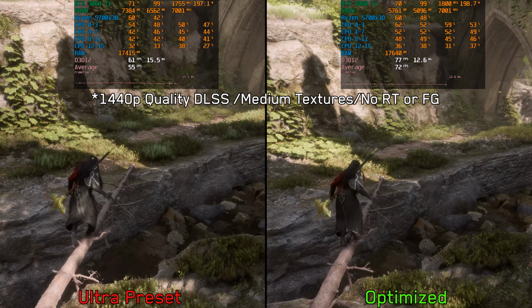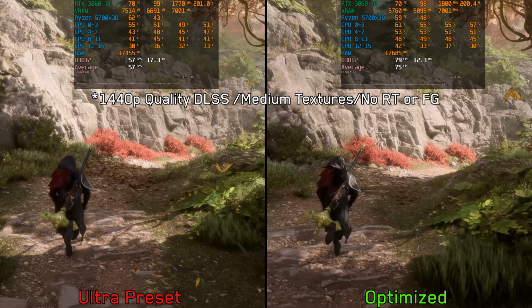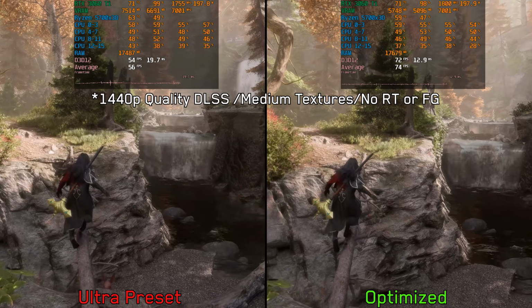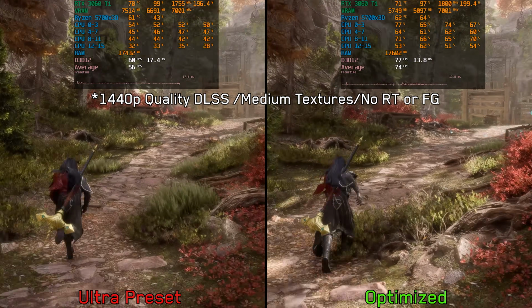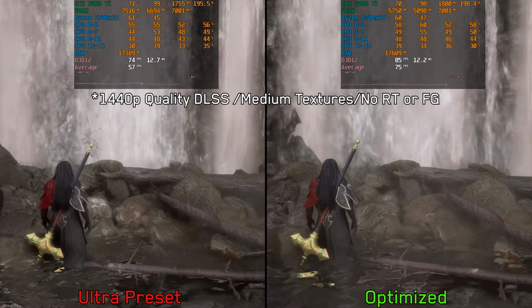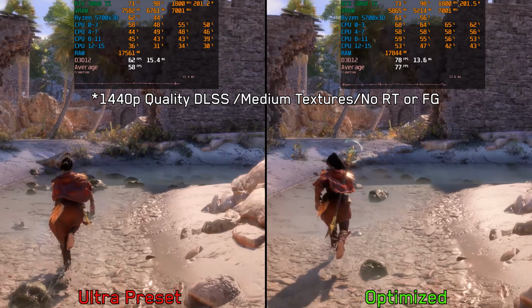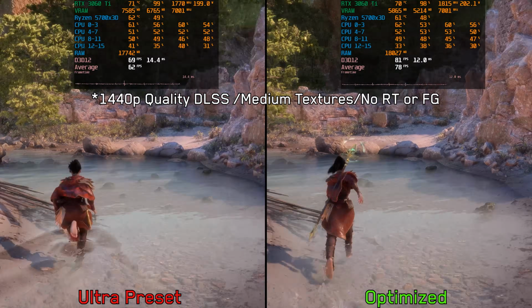Now let's compare the performance of optimized settings against Ultra preset at 1440p using quality DLSS with medium textures and no ray tracing or frame generation on both sides. Here in the forest, we can see that optimized settings on average perform around 30% better than Ultra preset. And here in this island, we can see on average a performance improvement of around 20% when going from Ultra